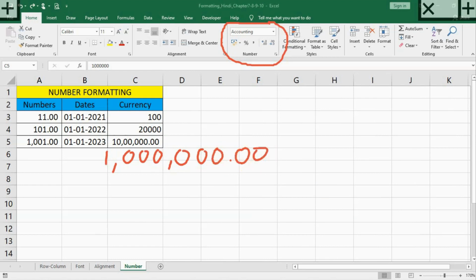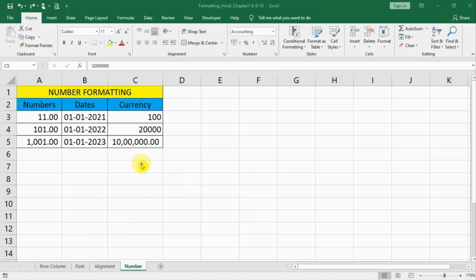My default format is what you can see, with 10 and 2 zeros, and after that like this. So you need not worry about that. It all depends on the type of format that we are talking about. In this similar fashion, we can have numbers with decimals or not.